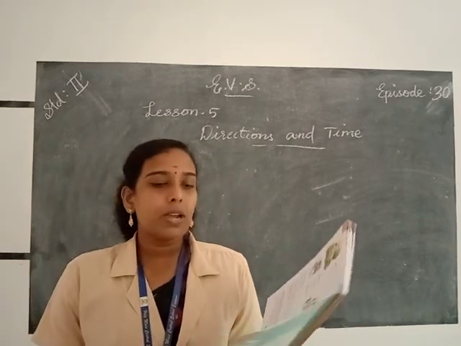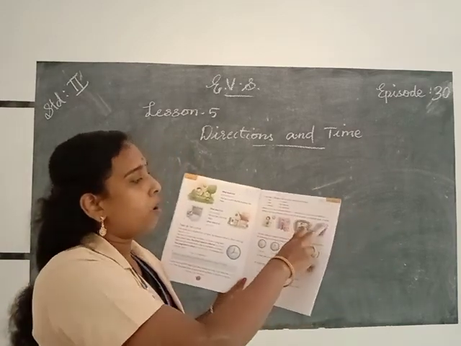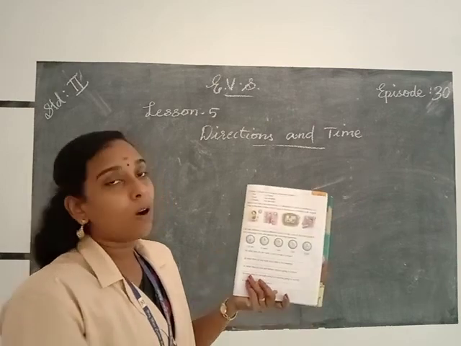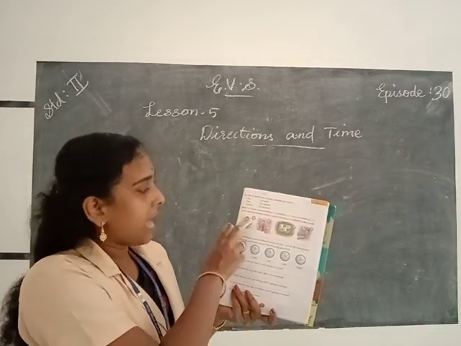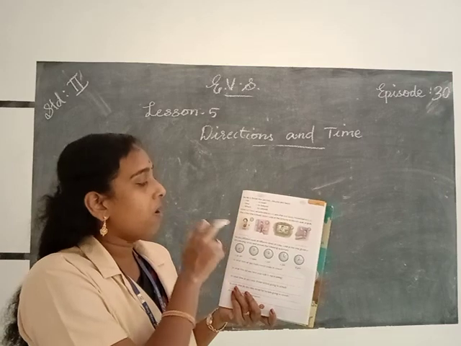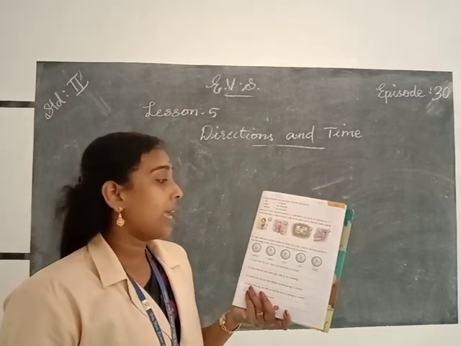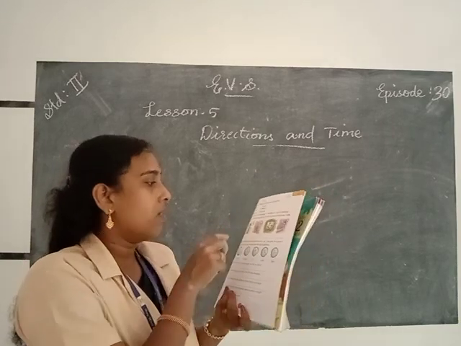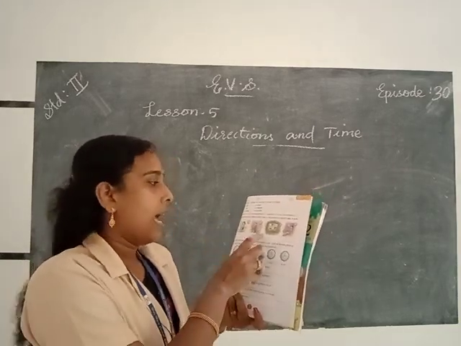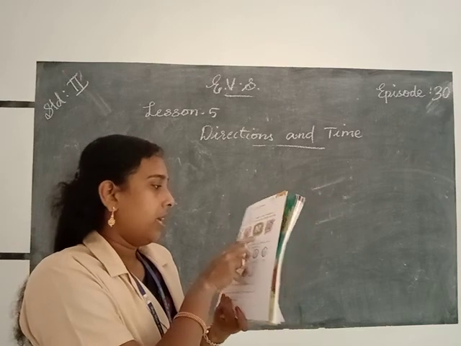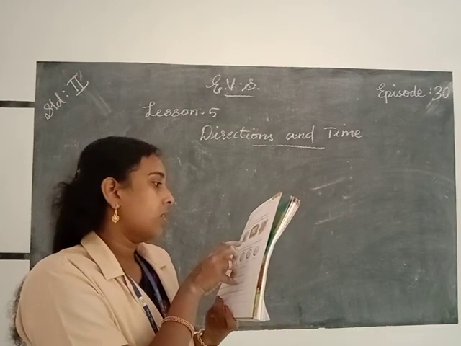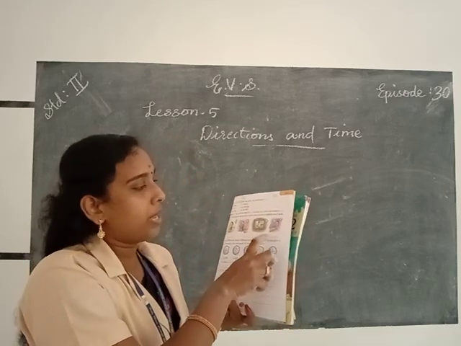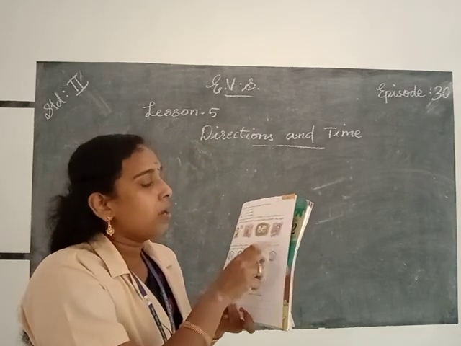So look at the pictures to identify AM or PM. And here a girl is ready to go to school, and it's time 9 and it's before noon, so it's morning, so 9 AM. So you write AM. And here it's 12 noon. And here it's the sunset and it's 5, so 5 PM, and here 9 PM.